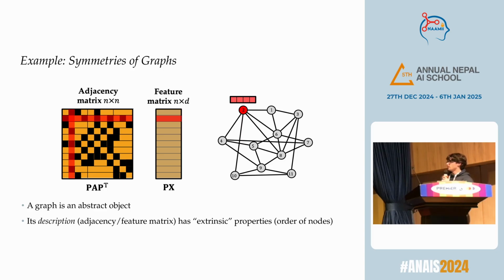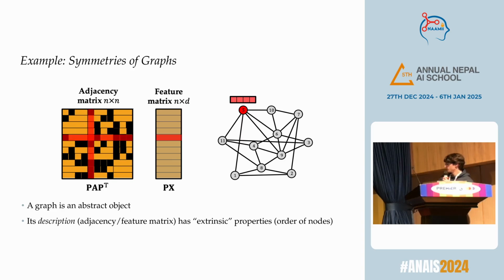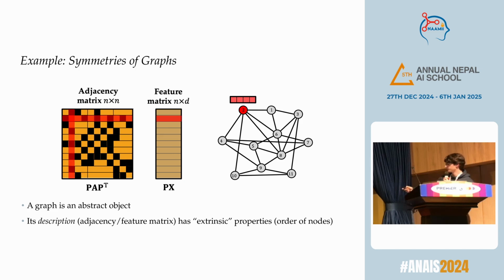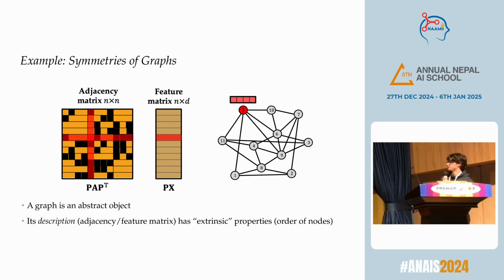So we can apply permutations to this graph and reshuffle the number that we assign to each node, and in such a case, we will change the... Yeah, okay, sorry, I was missing the animation. So basically, if we have this feature, right, and we permute the nodes, so basically we shuffle the order in which they are presented, then the corresponding feature matrix and adjacency matrix also needs to change. So this is an underlying symmetry or property that we want to satisfy